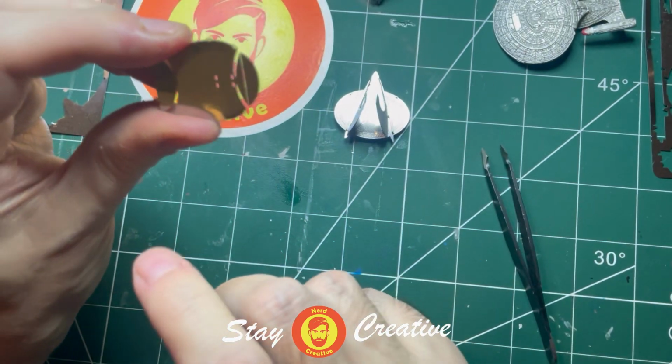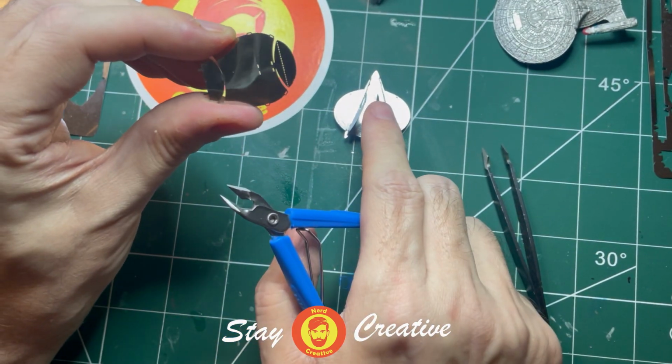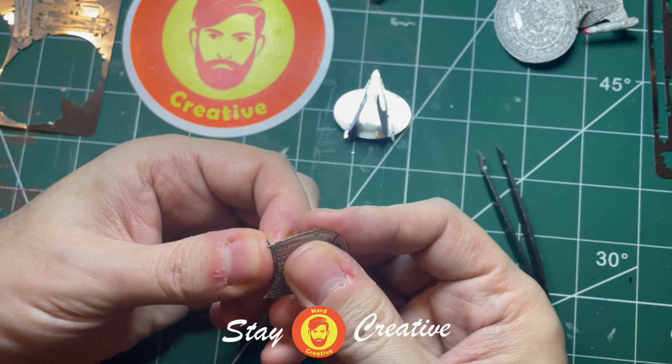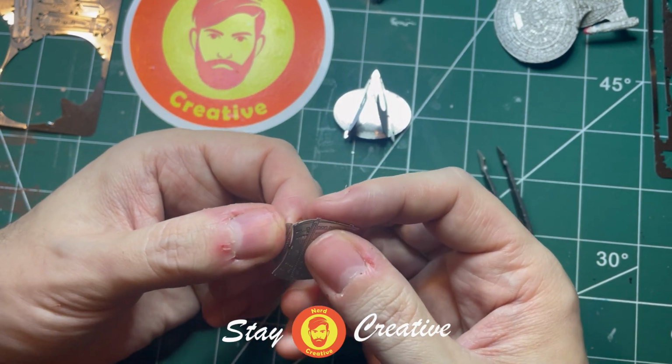And we've got a couple of holes there. We've got 2 holes there and 2 holes there, and they line up with the holes on here. So what I'm going to do is bend this in to make the shape of our secondary hull, which has